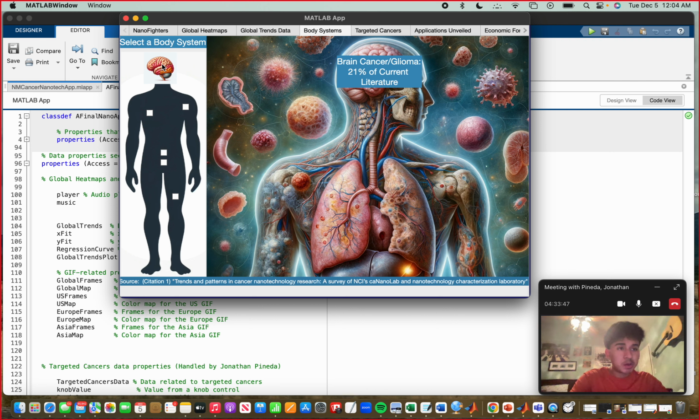So my tab helps the user understand what areas of cancer applying nanotechnology are the most studied in the world right now. This is important because if someone is trying to advance or make further discoveries in the field of nanotechnology and cancer, my tab will let them know what parts of the body are more mainstream and more researched than others, therefore providing easy and interactive access to researchers and people who are trying to develop the field of nanotech